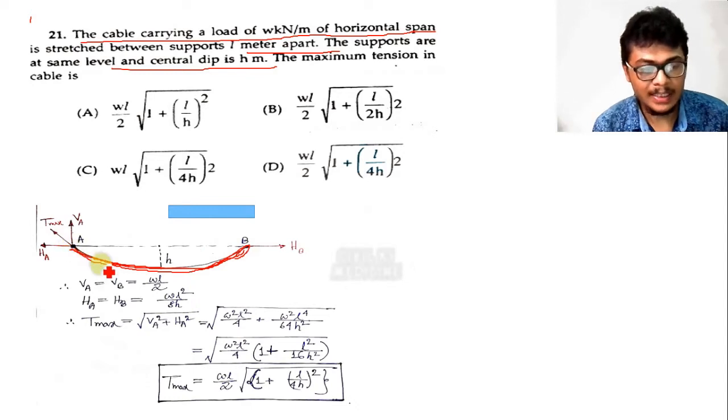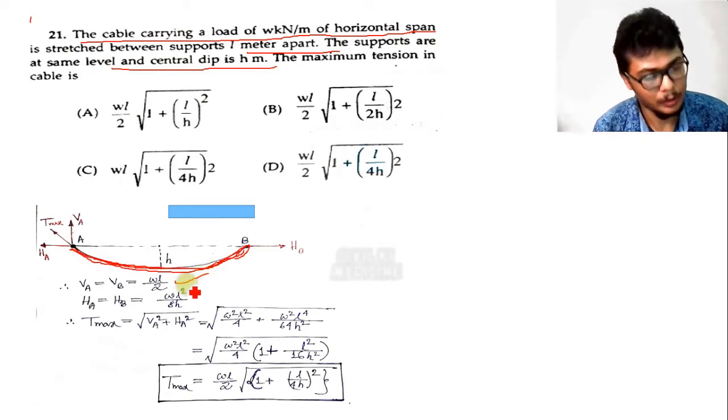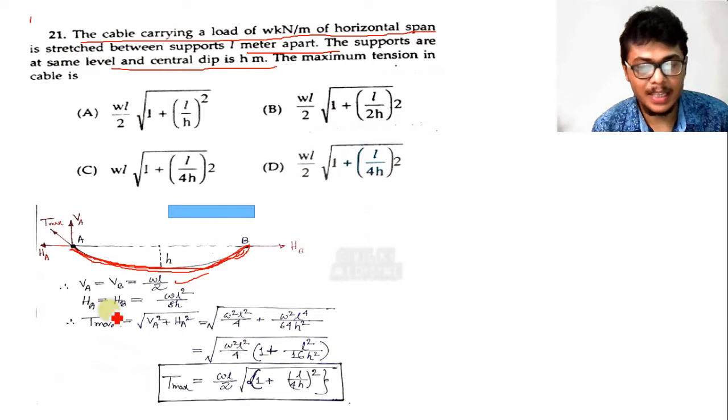The vertical reaction will be total load divided by 2. Total load is WL, so WL by 2 will be the vertical reaction at point A and at point B. VA equal to VB equal to WL by 2. And the horizontal reaction will be the same in both supports, that means HA equal to HB will be WL